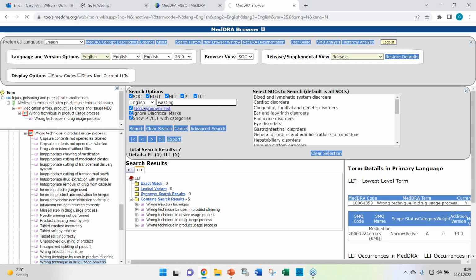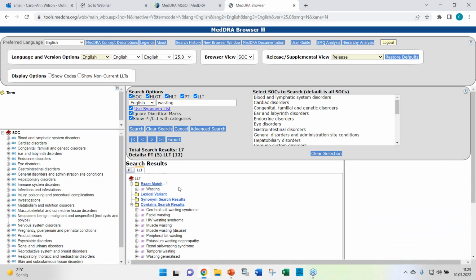Wasting, there's no wasting. This would be, wasting is something here, cachexia, fat wasting. This has nothing to do with medication. So this would be out of scope of MedDRA actually, wasting of medication. So